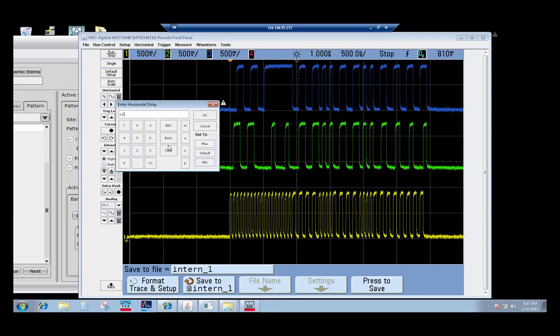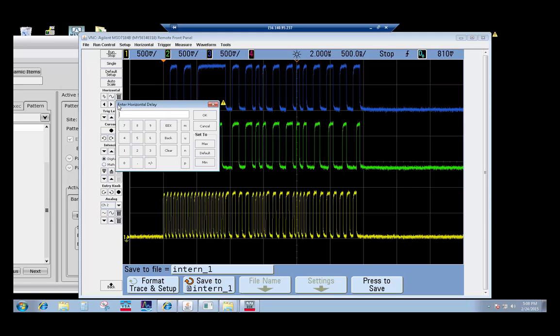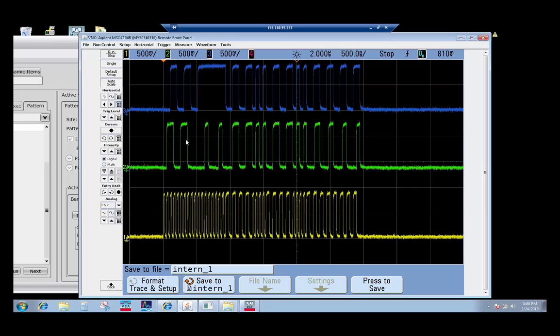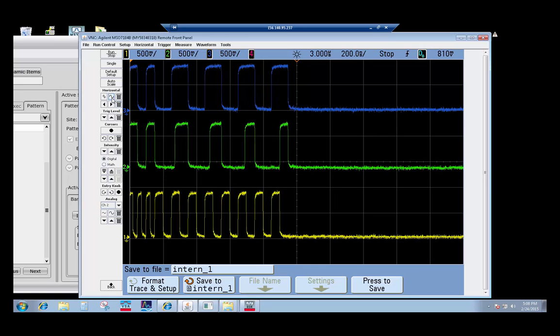Let's set it up for 2 microseconds. And if you look closely here, it's a little bit hard to see. Let's try 3 microseconds, and then we'll go ahead and expand this out a little bit here. If you look closely, you'll see the clock edges at the very bottom here line up with the